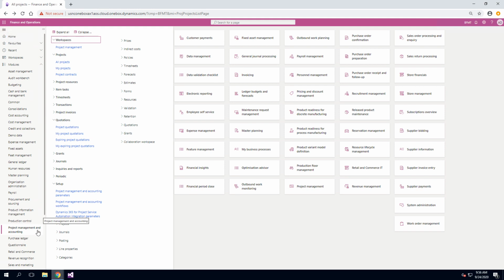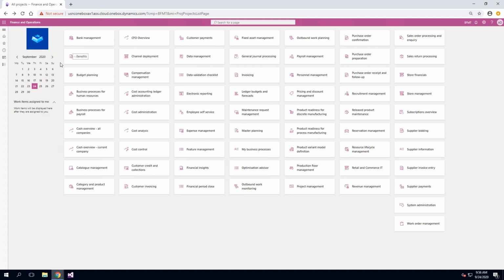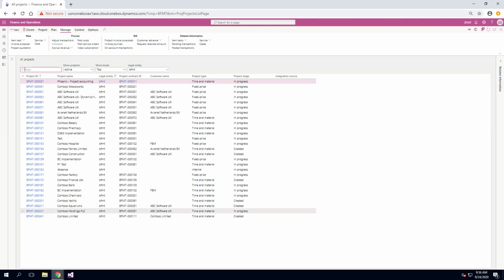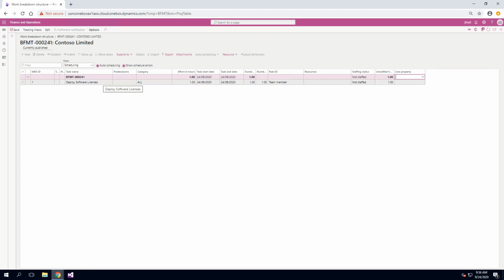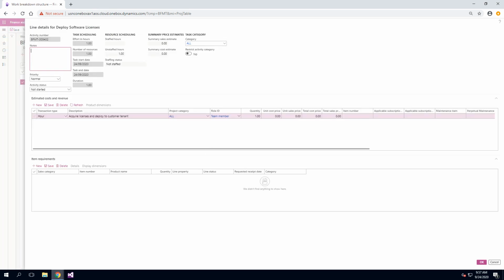I'll go to the project management and accounting module, project, all projects. I'll open up this project I have here for Contoso Limited, and I will go to the plan tab and work breakdown structure, and here I have a deploy software licensing task in my WBS. So I'll edit this work breakdown structure, move to the deploy software licenses and click on details. And here I see that I already have an hour transaction type to acquire the licenses and deploy to customer tenant. So what I'll do now, I'll add the items